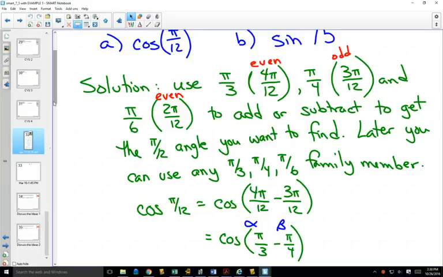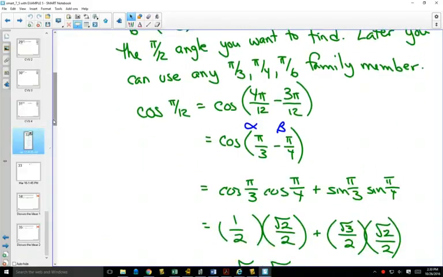So if we're looking at 4 pi over 12 minus 3 pi over 12 is equal to pi over 12, we can write cos of pi over 12 as cos of pi over 3 minus pi over 4. If we write cos of pi over 3 minus pi over 4, we're writing that like a difference identity. And so pi over 3 becomes our alpha, pi over 4 becomes our beta,